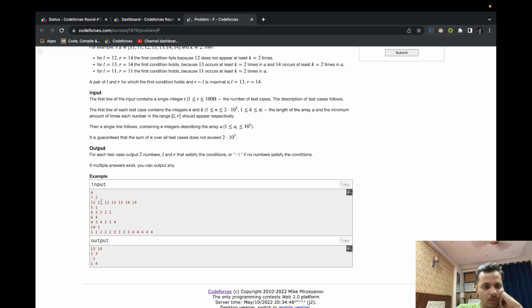Should come 2 times. So 1k condition satisfied. Okay. 9, 12, 10, obviously. 12 should appear k times as well.